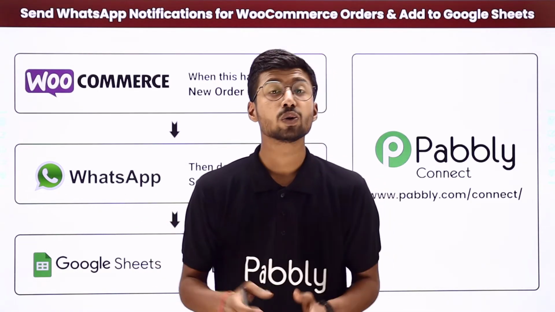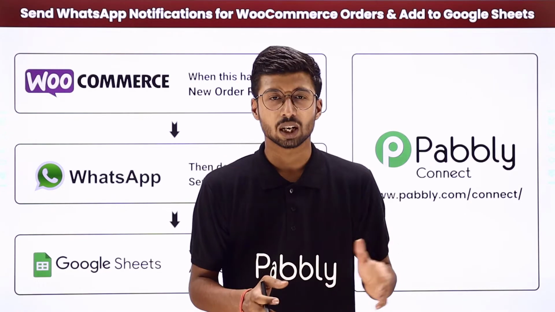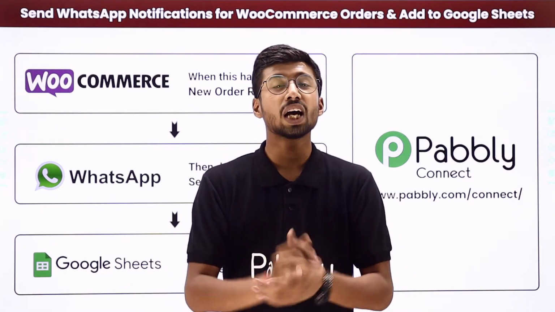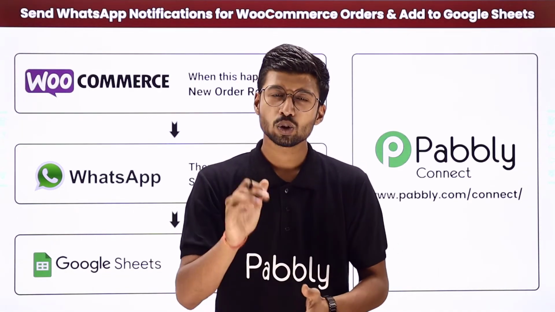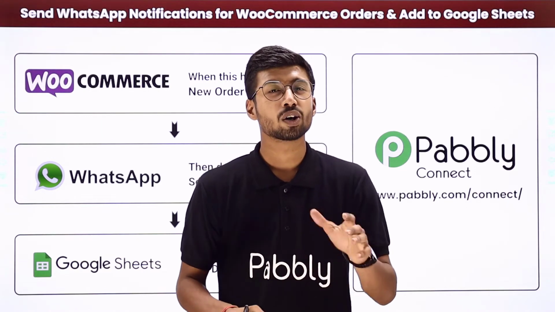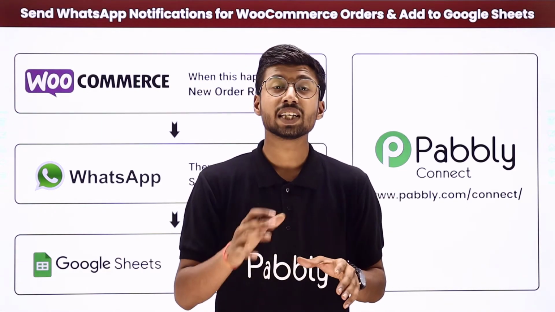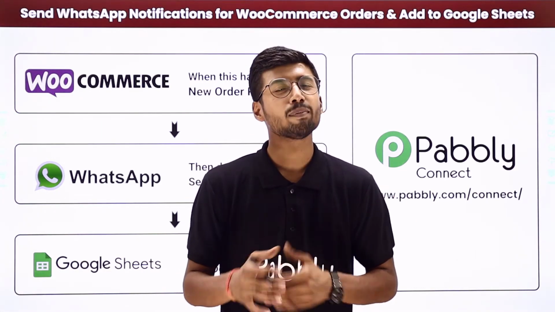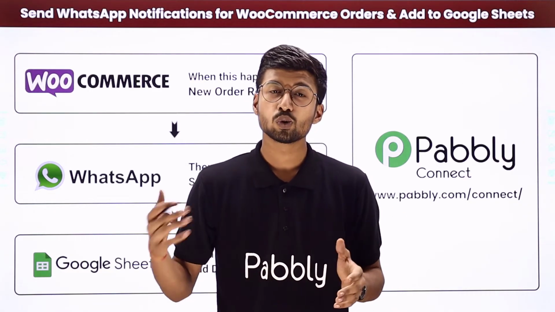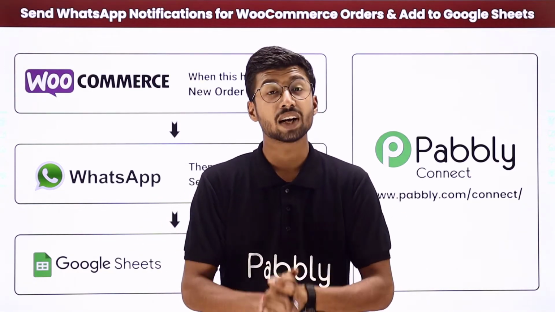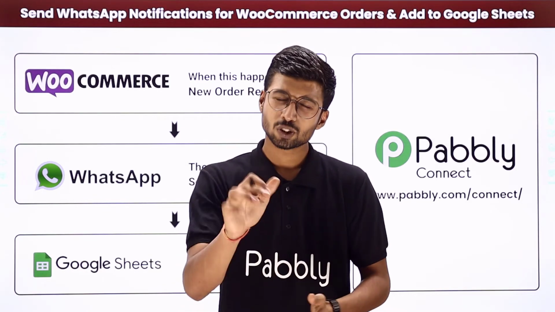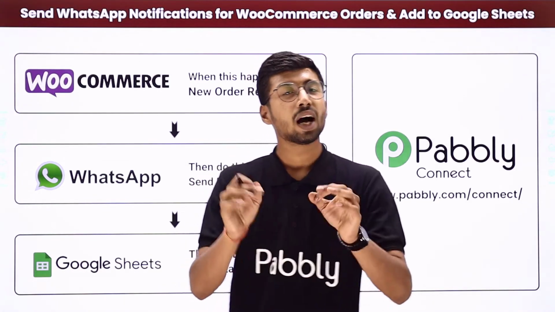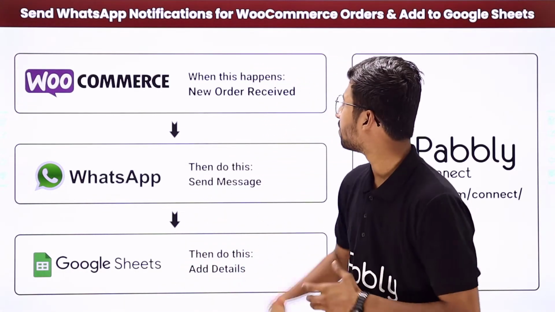Now guys, we all know that WooCommerce, Google Sheets and WhatsApp, all of these three applications don't have a direct connection between them. So guys, the manual process of getting the order details from WooCommerce and manually sending the WhatsApp message to the customer and manually adding the order details into Google Sheets can be a very repetitive and time-consuming process for you. So in this video, to solve your problem, I came up with an awesome automation by which